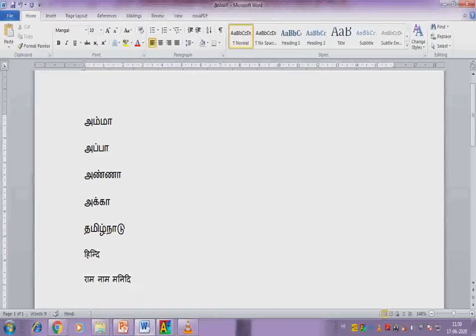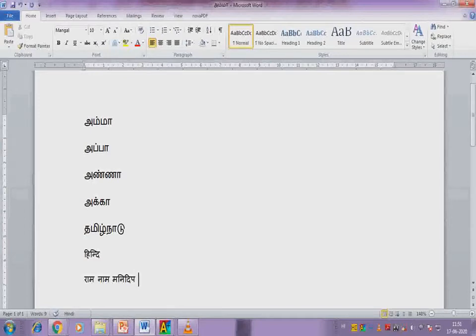In your book's practical exercise they gave one doha. In that, what did they give? Ram Nam Manideeb Taru Jih Tehri Tuar. That line alone I am going to explain how to type in Hindi. I will type that line and show it to you. See this, children. Using English letters you type this doha. Ram Nam Manideeb.